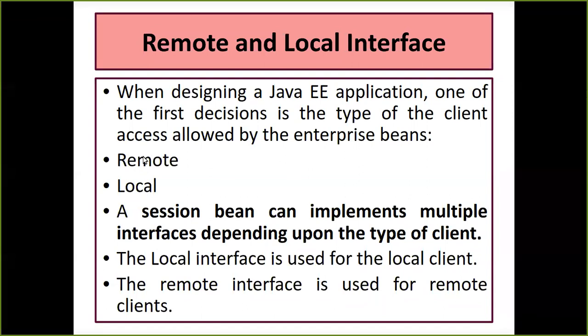Here the remote and the local interface are used for the same need; I don't need to repeat what I just said. The local interface is used for the local client, or you can say the EJB client is the first one that takes an input from the client. The remote interface passes the data, after marshalling or converting it into bytes, to the EJB bean, where the byte code actually gets executed. The response generated is passed back to the remote interface, which will unmarshal it. That means it will reconvert it to the client's language, and then it shows the output.